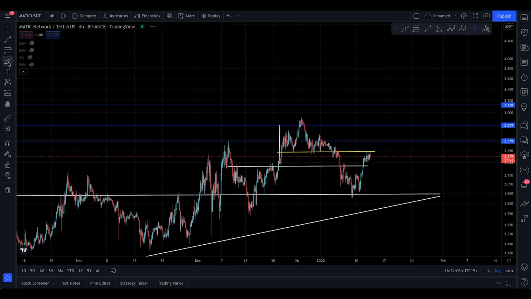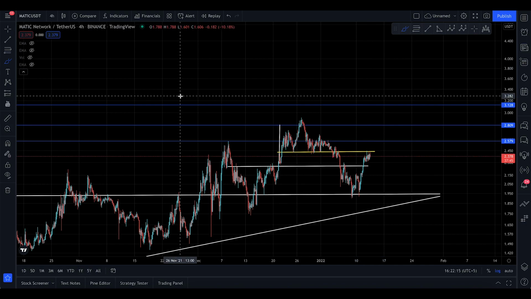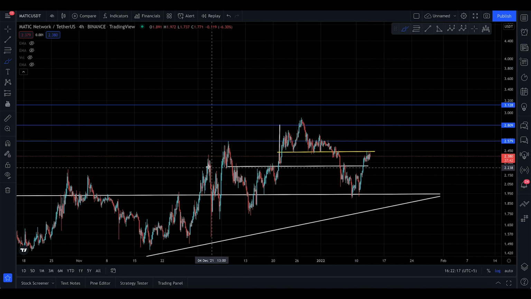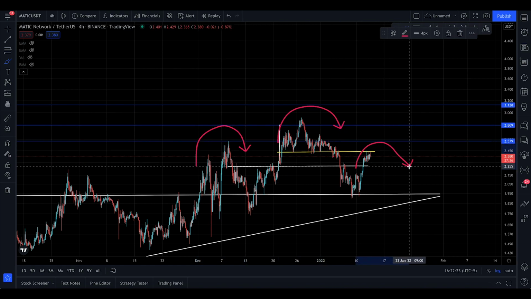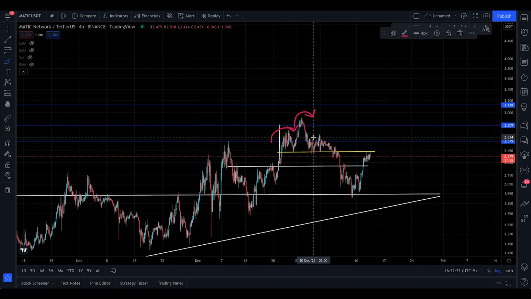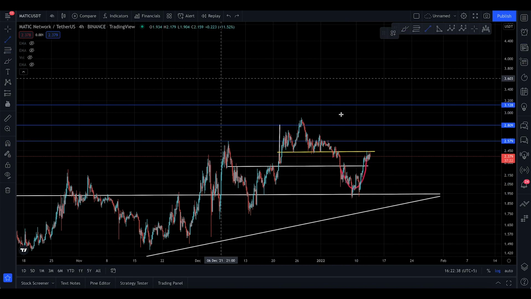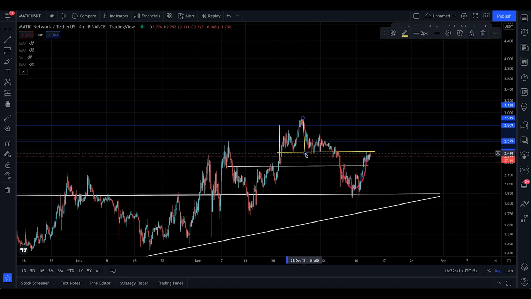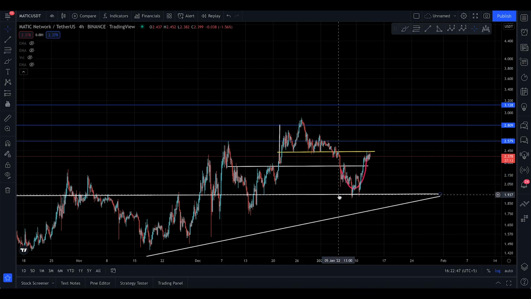The big problem is that on the 4 hour time frame, as I told you in previous videos, going back like this is not positive. The reason is that you're putting in a big head and shoulders. This is your left shoulder, this is your head, and now you're potentially putting in another right shoulder. Do you understand that? That is not good anymore. And the last time you put in a head and shoulders, do you see the smaller one here? It played out to the money. It went down to the technical target. That's just how TA works. You cannot go against the chart. So this, from the top to the bottom, look where it went, right on the money, exactly where it was supposed to go.